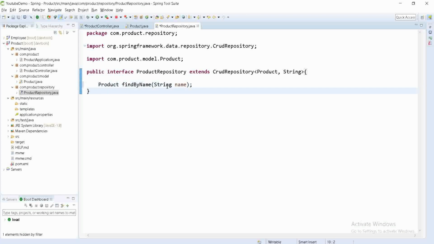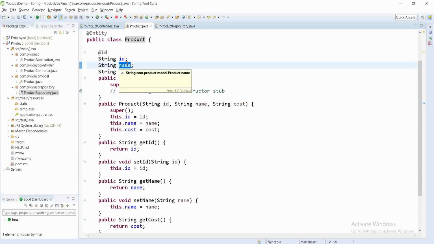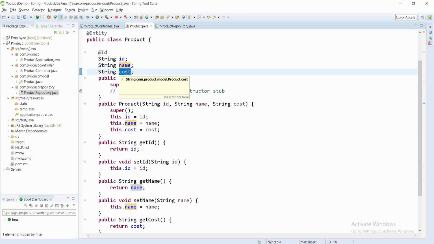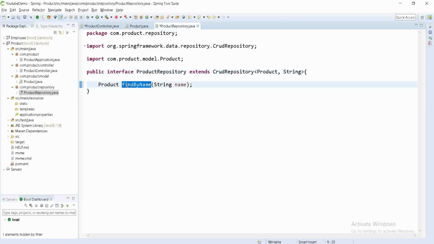Why have I written it like this? In Product, if you see here, it is name. If I want to find using the cost, at that time I will write findByCost. So this should be in camel case, where findBy is the method prefix and then comes your column name. So I hope you are getting this.